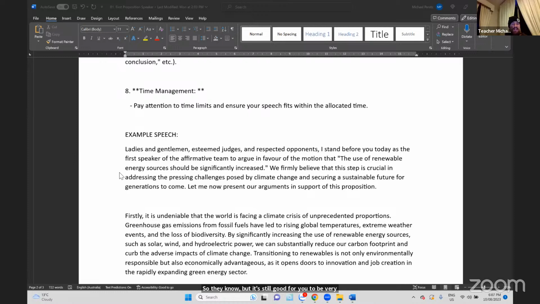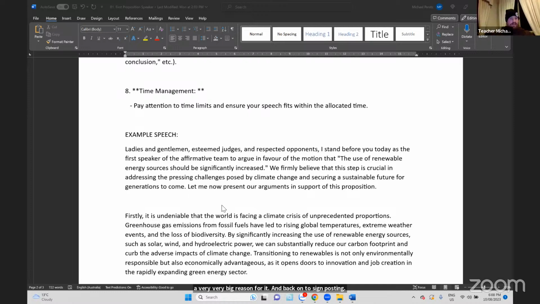And then, of course, we cite the motion that we're arguing. And then we give the importance of why we're arguing this topic. So we firmly believe that this step is crucial in addressing the pressing challenges posed by climate change and securing a sustainable future for generations to come. So that's making this topic very important in this debate because we're giving a very, very big reason for it. And back onto signposting,